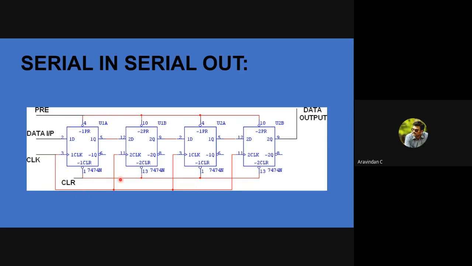The clock pulse is connected to all the flip-flops. Here, the clock pulse I'm going to connect to all the persons, like the 57 in your class. So a single clock pulse is connected to pin number 3, and the single clock pulse is connected to all the flip-flops in sequence. This method is like parallel connections. Okay. And pin number 4 and 1 are nothing but preset as well as clear.